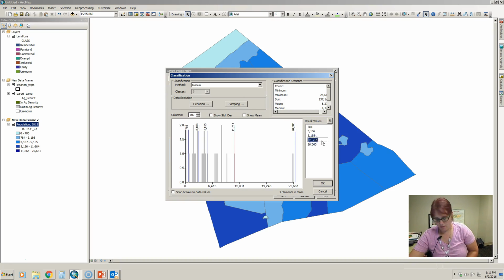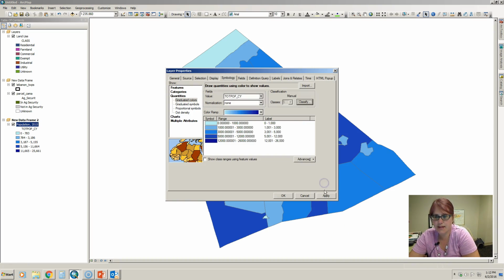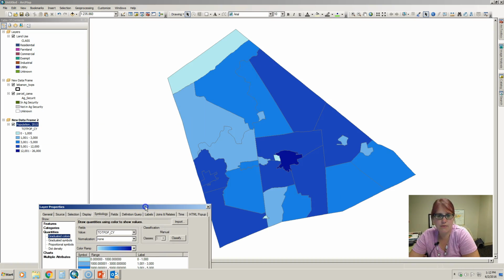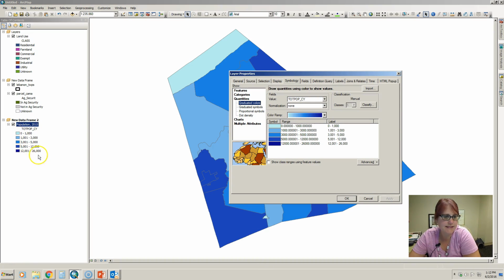I'm going to round off the one above it to 12,000. I'll do 5,000 for this one, 3,000, and I'll do 1,000. And it's going to slightly change what this looks like when I do that, because some of these townships might change classes because I did round those numbers off. So I hit OK and apply. And now we have a population map that has the values a little bit easier and cleaner to see and